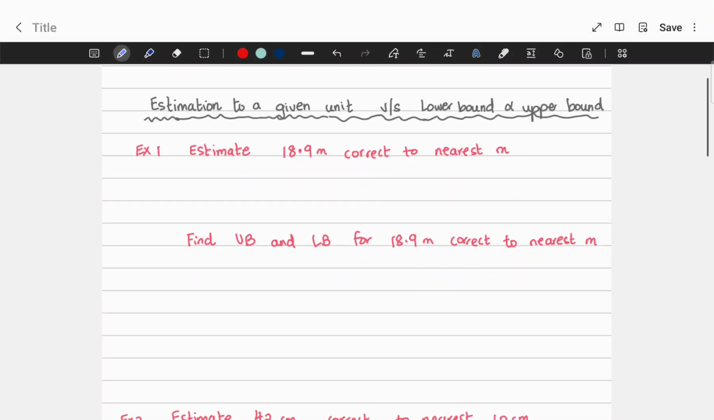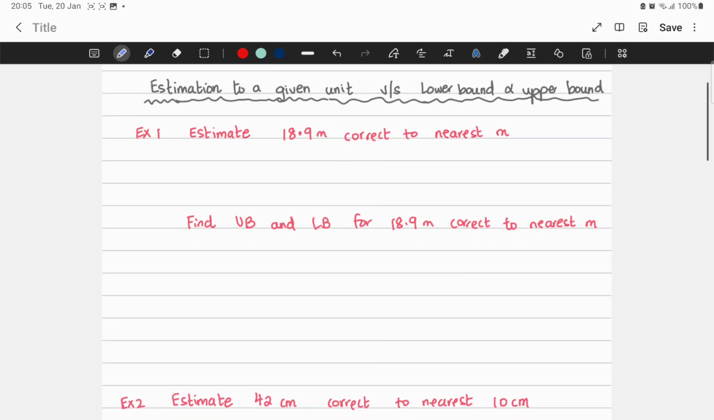Good evening. I have a small clarification to make on the last part we did in class, on estimation to a given unit. And then I told you to use lower bound and upper bound. Now, to not confuse you, I want you to understand that usually we have to look at what the question is asking. If the question is asking you to estimate correct to a nearest unit meter,